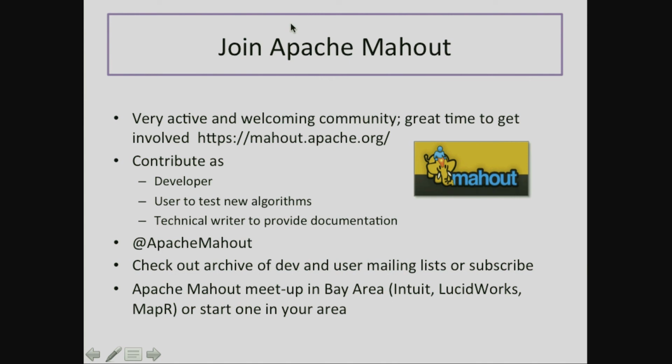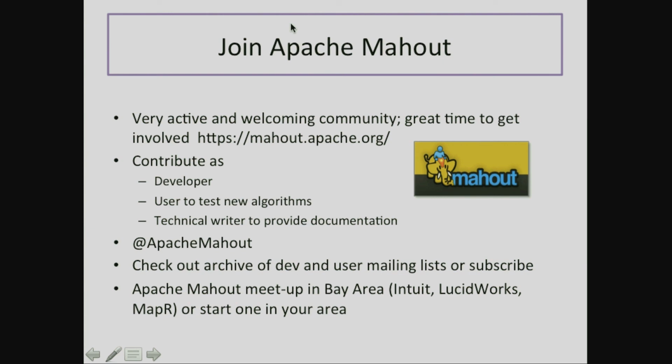If you use Mahout, be aware that everything that we just described can still be done, but the algorithms are changing, and you'll probably want to keep alert to that. If you use it, and especially as you use the new versions of it that come out, one of the things that you can do that is enormously valuable to the project is let people know. Let people know. Write a blog, contact Apache Mahout, the Twitter entity, get on the mailing list, the user list,